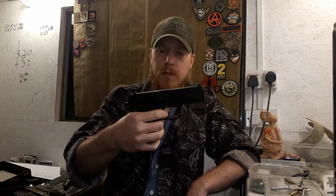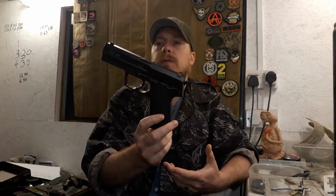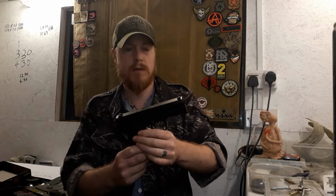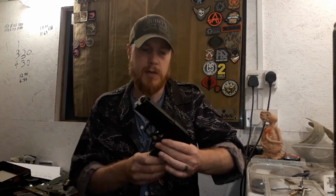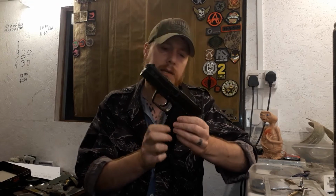So where did that come into play? I'm not sure if this is a newer model that they've come up with, which they've edited the slide stop into, or it's an older model which they decided, oh, we're not going to bother doing the slide stop anymore. But it has one, which is cool, and kind of annoying as well, because it makes me want to buy one and then buy the TM version and modify it so I can have a TM with a slide stop